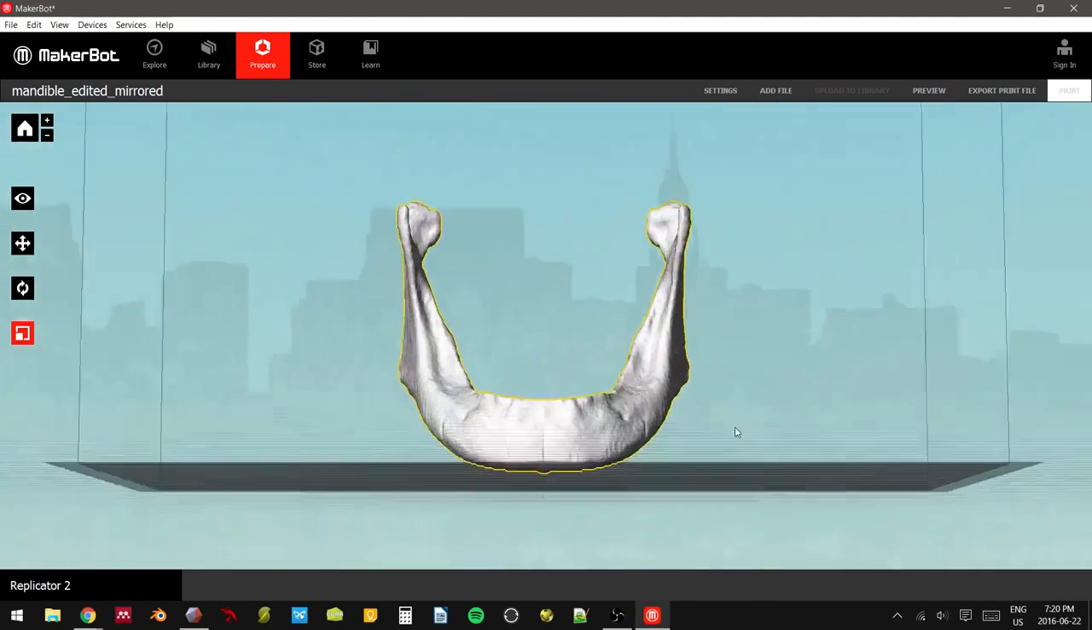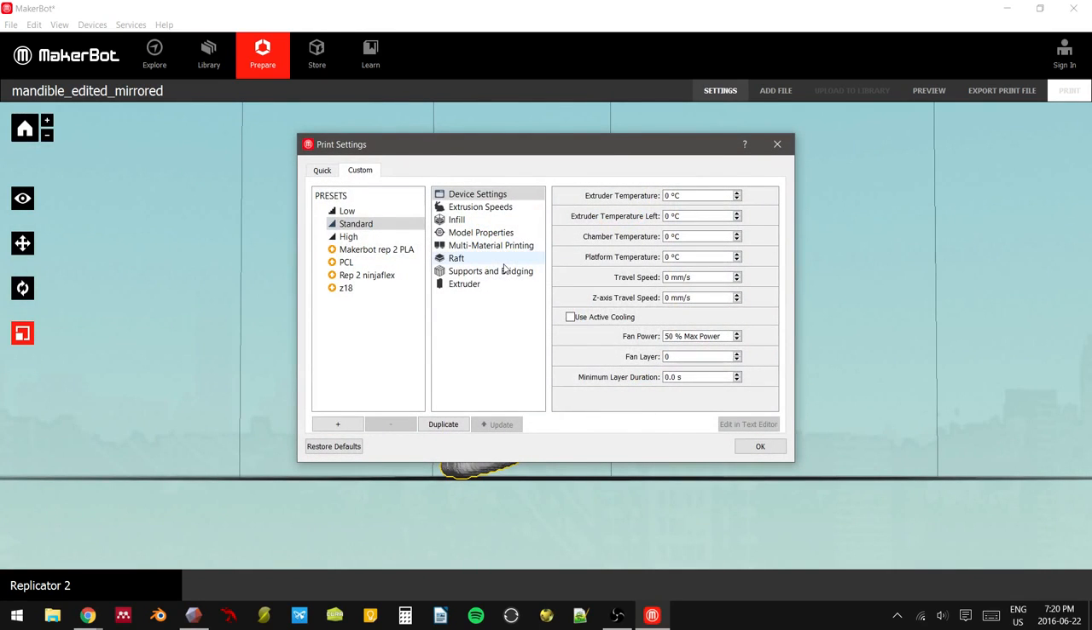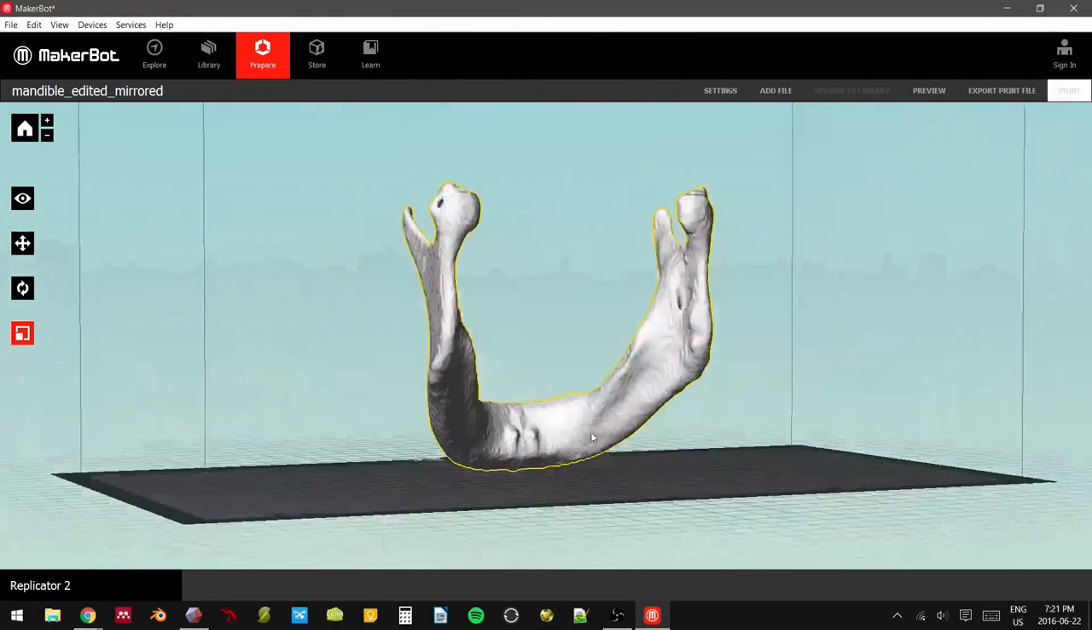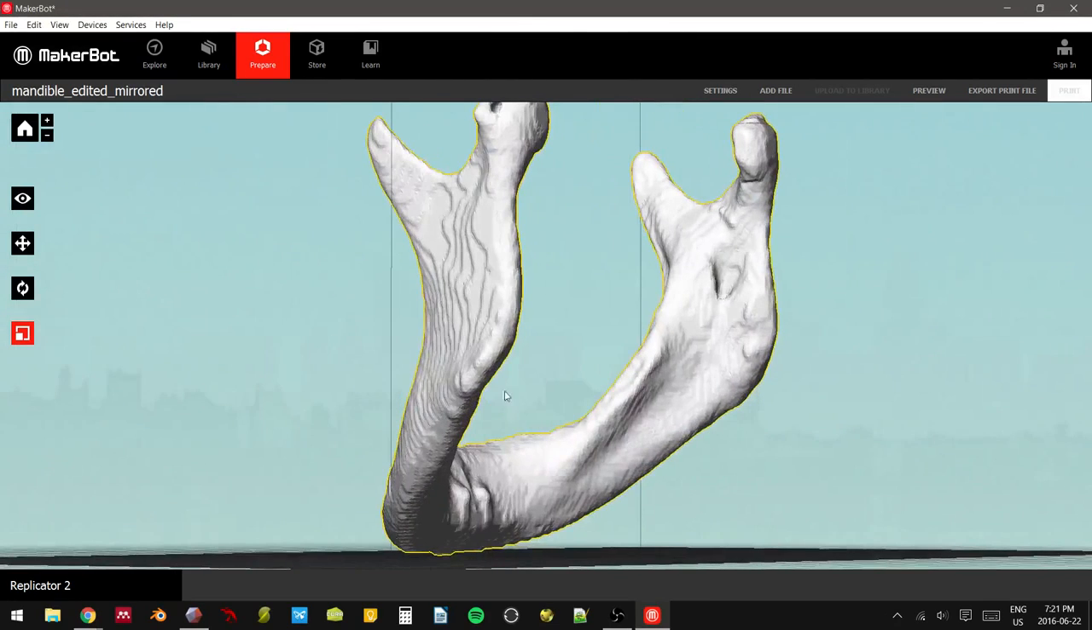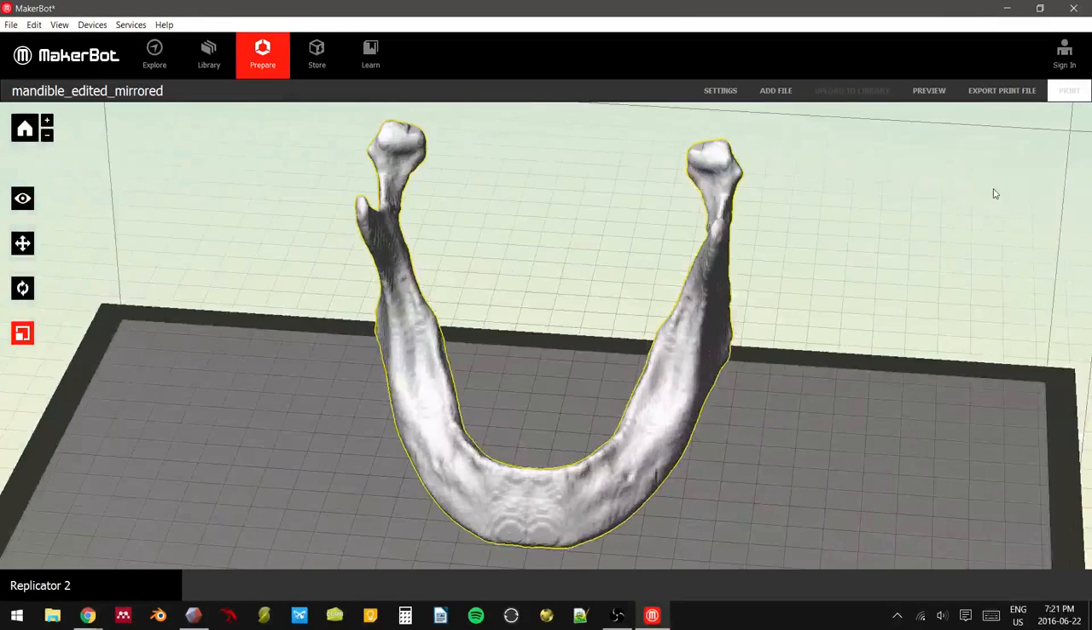Like, it'll just look like a mess. So to combat that, we're going to go back into settings. We're going to go back into supports and bridging, and we're going to make sure supports are turned on. Supports are going to act as our scaffolding, just like in a building as it comes up off the ground and is built. It's going to add a firm and secure base for these overhanging regions so that they come out properly. Okay, we're going to hit preview,